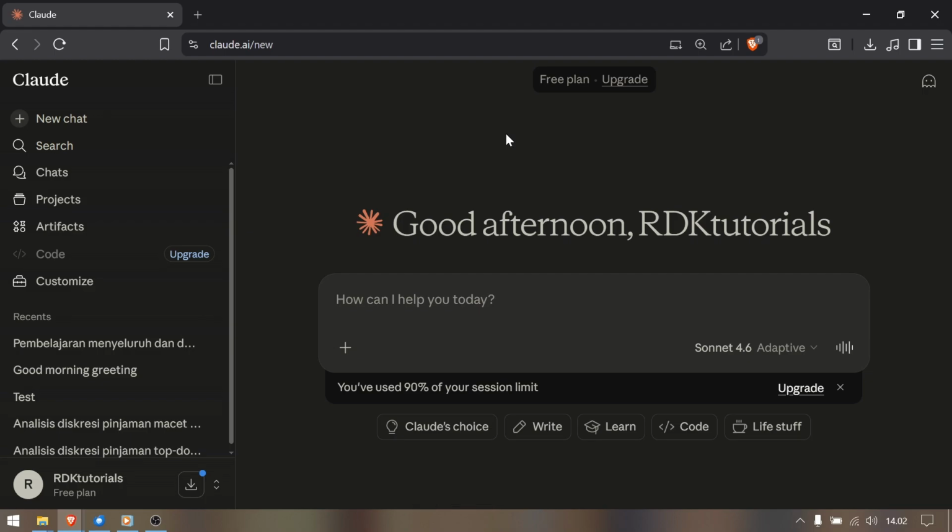Hey everybody! Today we're going to learn how to enable the memory feature in Claude on your desktop or browser. This allows Claude to learn your preferences, project details, and writing style across different conversations so you don't have to repeat yourself. To turn it on, navigate to the bottom left corner of the interface and click on your profile